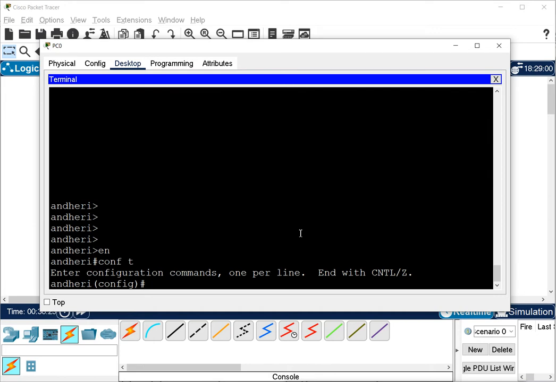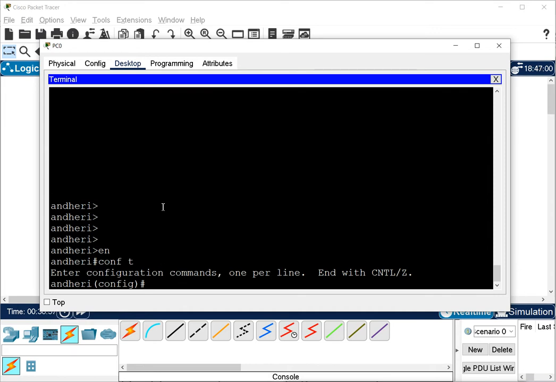Now to configure the password on the console port, we have to go to that console port. It is like going into the port to configure the port, because it is a command line. In a graphical interface, you right click on some object, so you know that you are configuring that particular object. But in command line you are not right clicking any object. So we go to that object's configuration and then configure it.